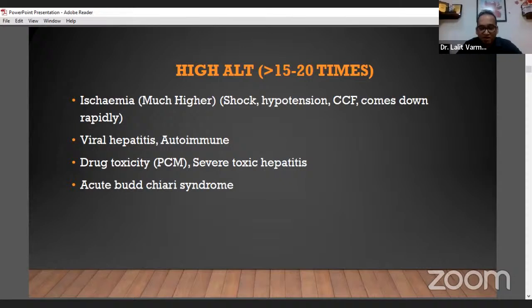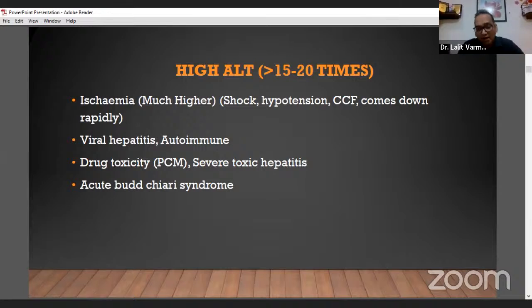The rapid toxin that we talk about is mushroom. Some mushrooms are wild, and they are pretty dangerous. There have been deaths. The second one is rat poison, which contains phosphorus, and some chemical solvents from the industry. So these three will definitely have very elevated enzymes. Then the other one is acute Budd-Chiari syndrome, where the ALT is very high.